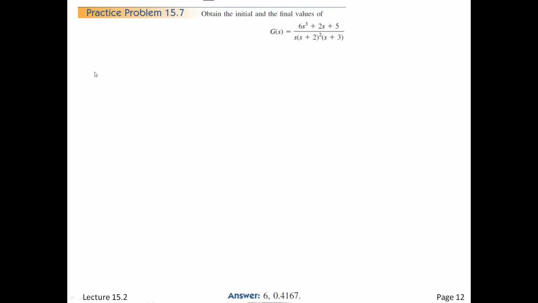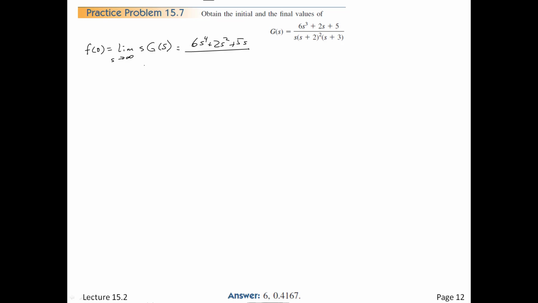All right, let's do 15.7, and this is similar to yours, basically the same shape, but from a different text that I copied. So we're going to want to find f of 0, the initial condition, and that's the limit as s approaches infinity of s g of s. Nothing fancy about switching s to g of s. So in the numerator, this just makes 6s to the 4th plus 2s squared plus 5s all over